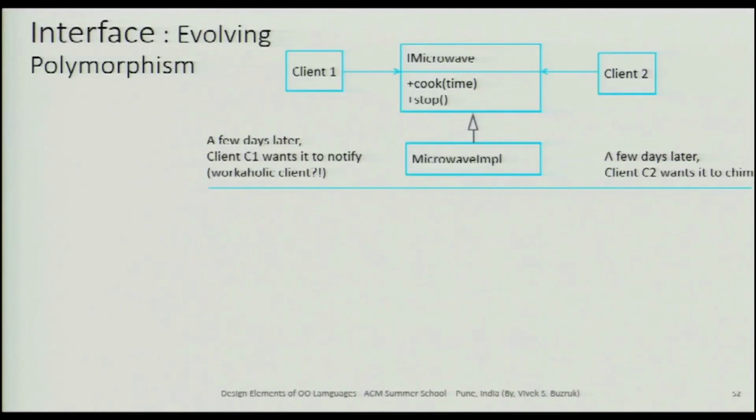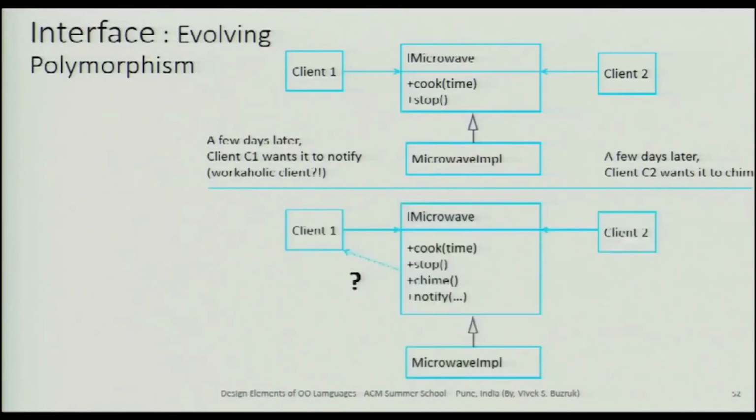But the thing is that client C2 wants a chime whenever the cooking cycle is on. Two different requirements, remember that. One way is that I can change the interface, but that is a bad idea. Change the interface and add both this chime and notify, and say that the new microwave implementation implements both,